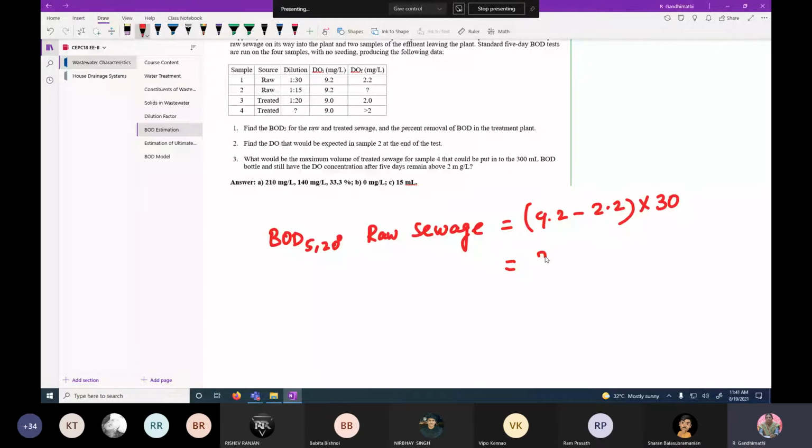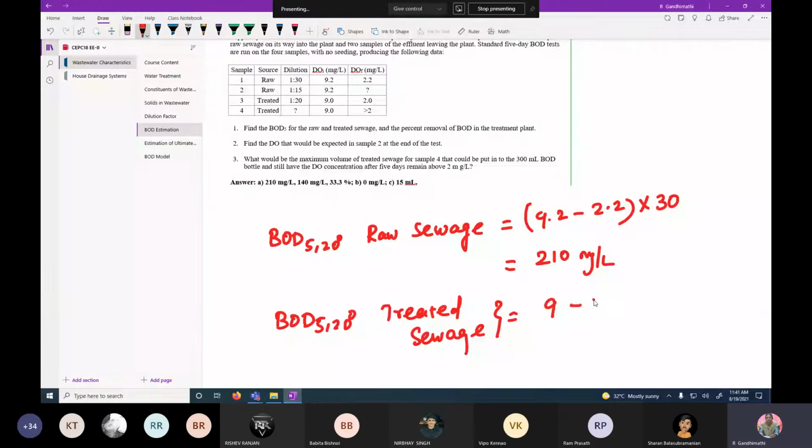Then for the treated sewage? 9 minus 2 into 20. It is 140.